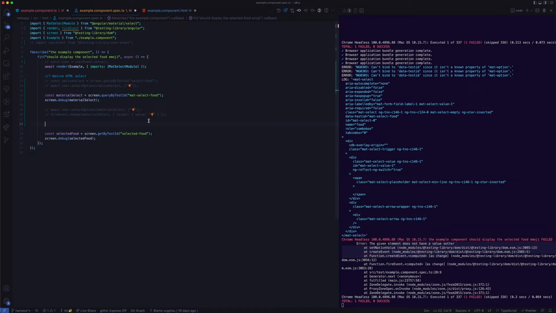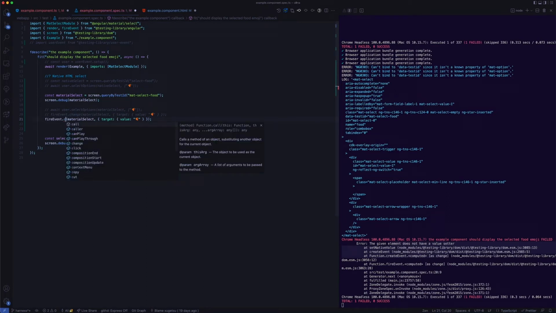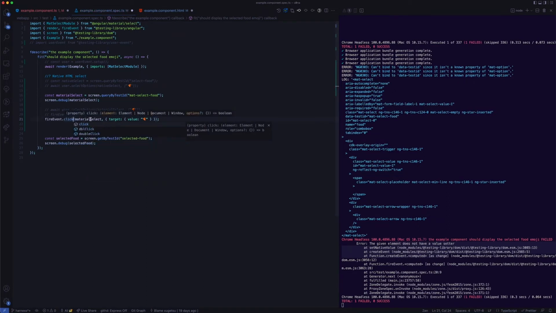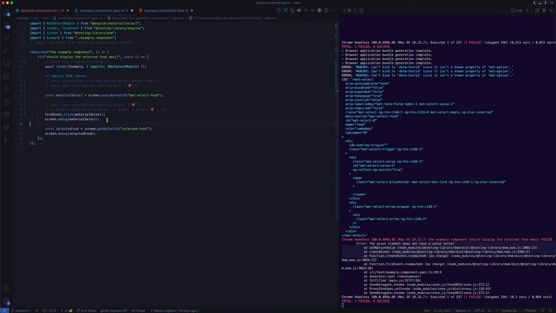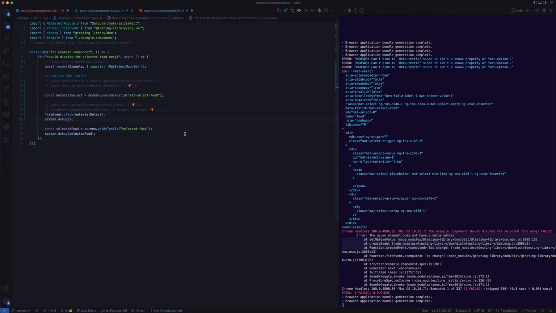We click once on the material select and then we click on the option. So we can do that. So instead of fireEvent.change, I use fireEvent.click. And that's all. And then if I run this,